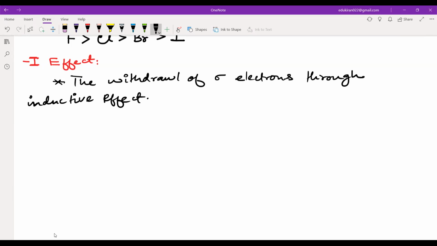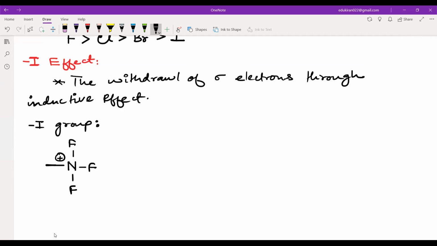Okay, now this is not important. Obviously, minus I means you are pulling more electrons from the carbon chain. What is important are the minus I groups, the groups which can attract electrons from the carbon chain through inductive effect, the sigma electrons. Initially the most minus I will be these groups. If this group is attached, let's say, I hope you can understand the electronegativity here.